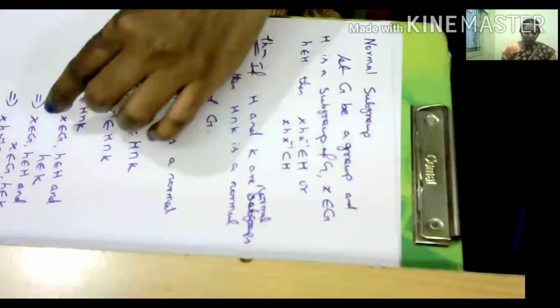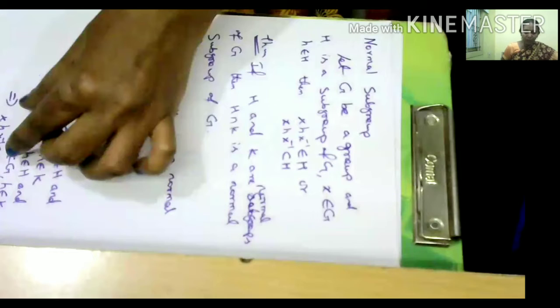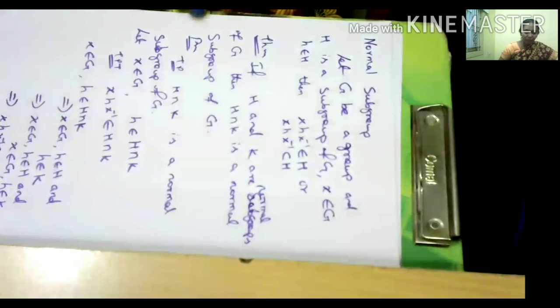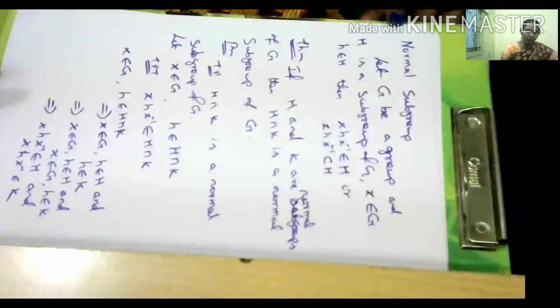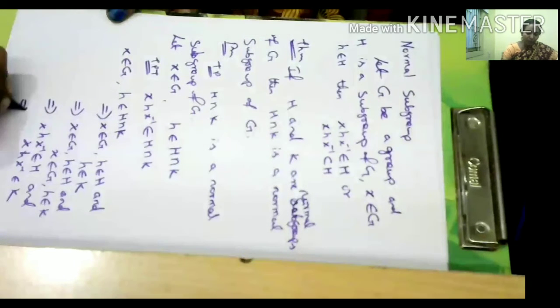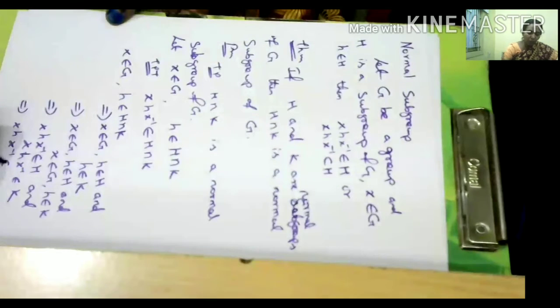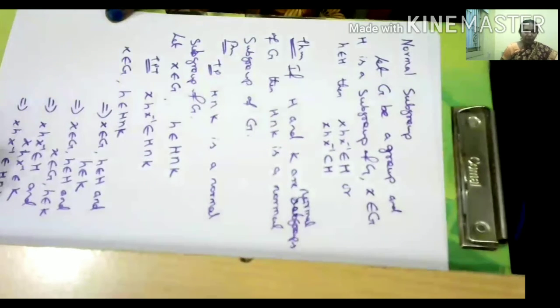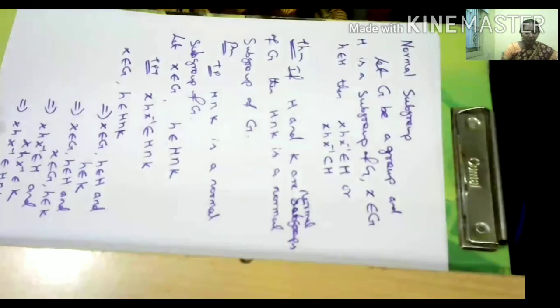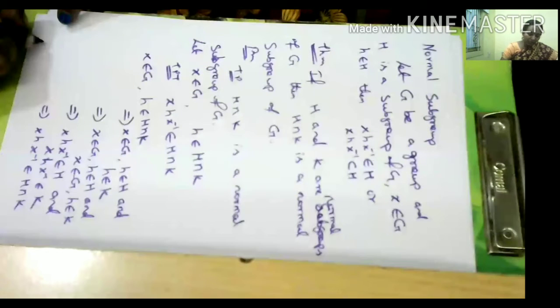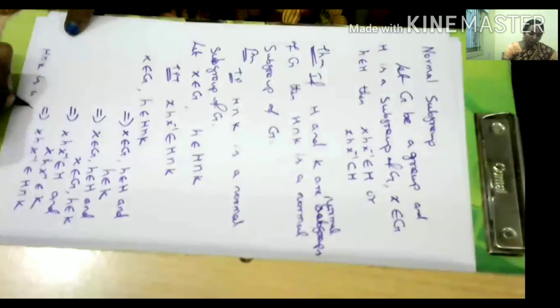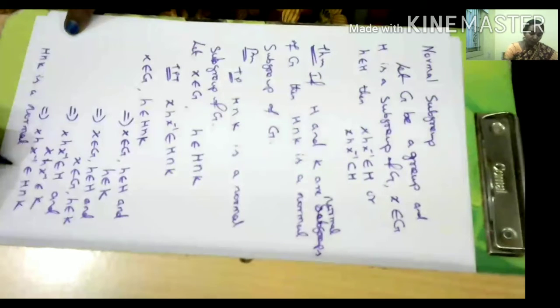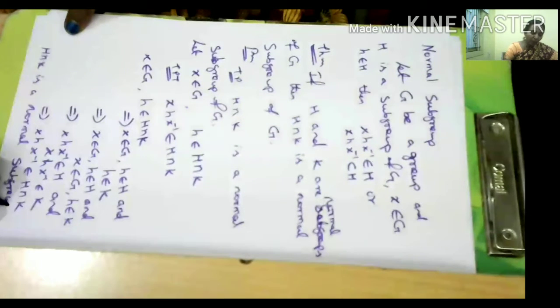Okay. So x belongs to G, h belongs to H. H is normal, therefore the element x h x inverse also belongs to capital H, and x h x inverse belongs to capital K. So again use the intersection property. This becomes x h x inverse belongs to H intersection K. So we have now proved x h x inverse belongs to H intersection K. Therefore, we can conclude H intersection K is a normal subgroup of capital G.